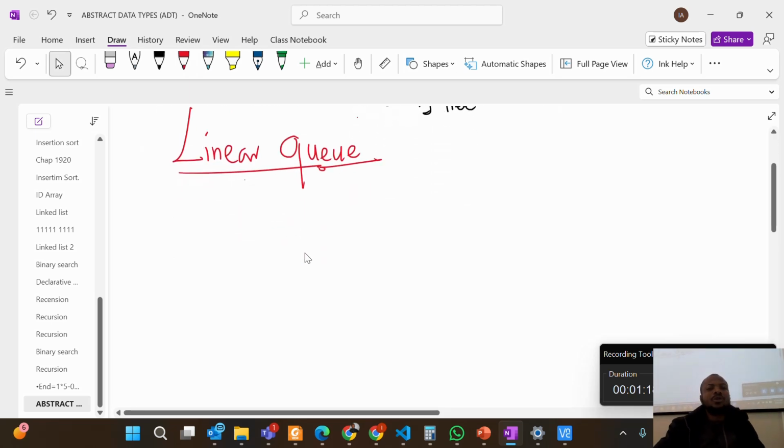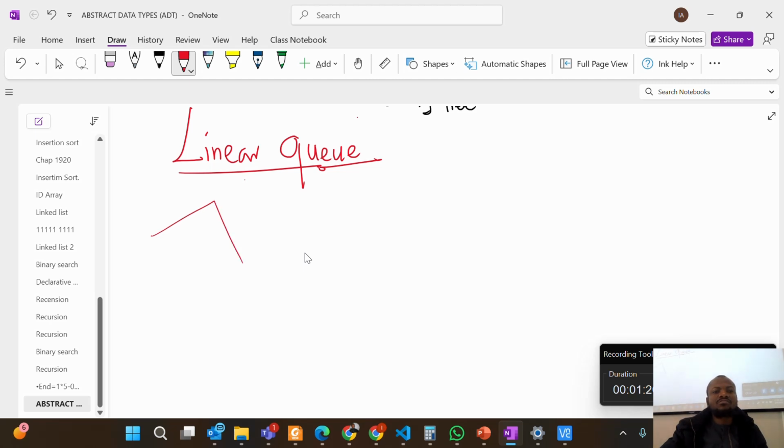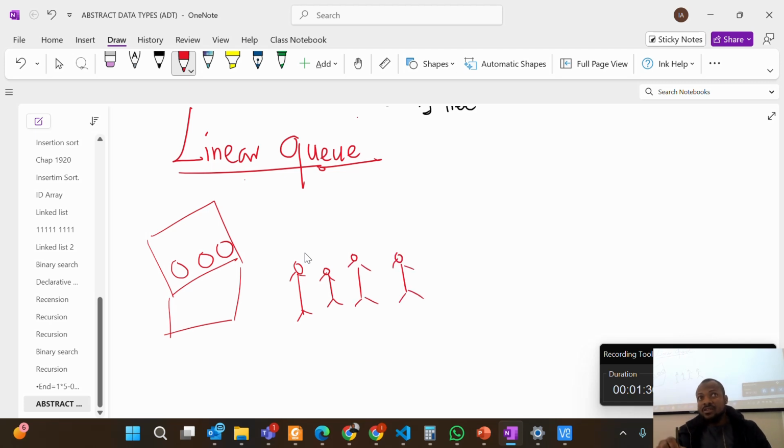Okay, if you look at maybe your dining area where you guys are served food, students are on queue to what? To get their food parcels, isn't it? So you say the students are on queue, isn't it? Why do you say they are on queue? They are on queue because it is the first guy who arrived first that will be attended to first, isn't it? And this guy leaves first,